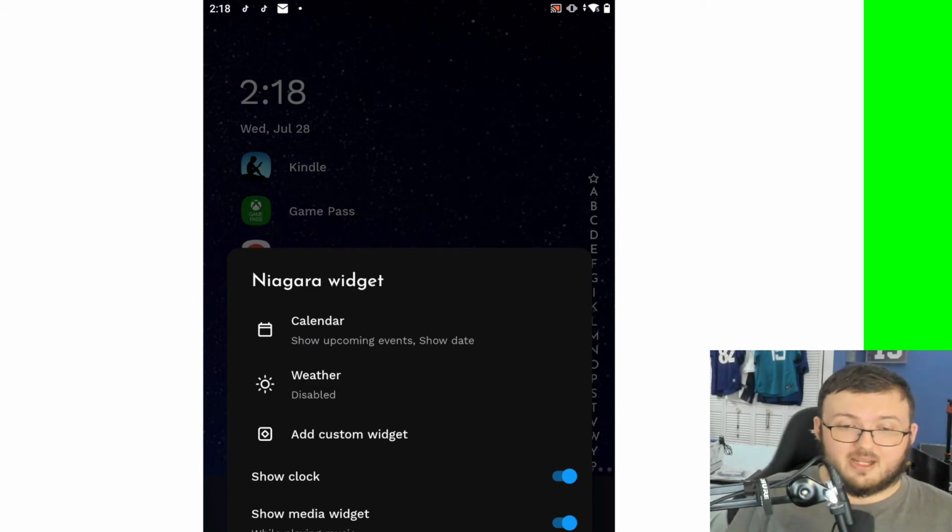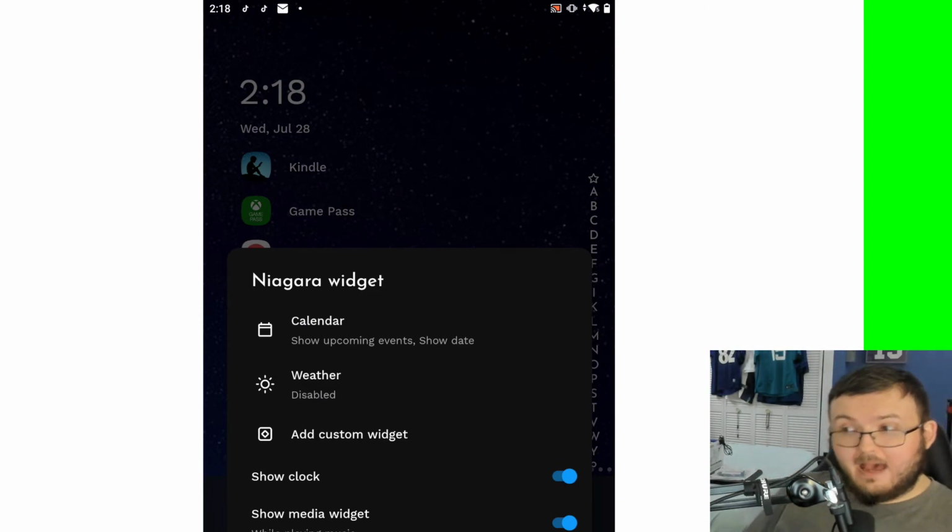It is absolutely free. There are no ads for this launcher. Some of the launchers we looked at have been paid when it comes to having ads on them. This does not. And for the Surface Duo, I will say this is the most non-glitchy launcher we have seen,